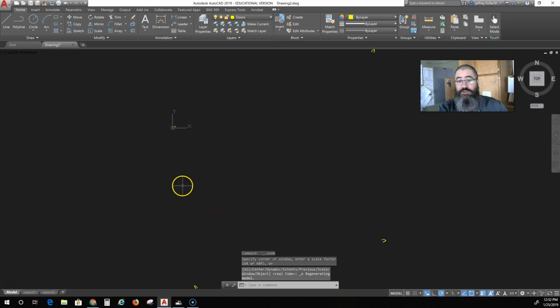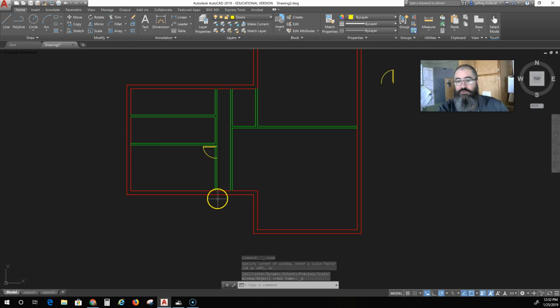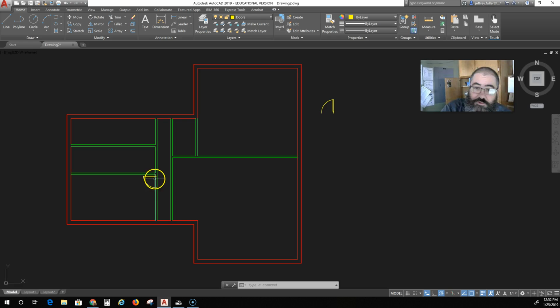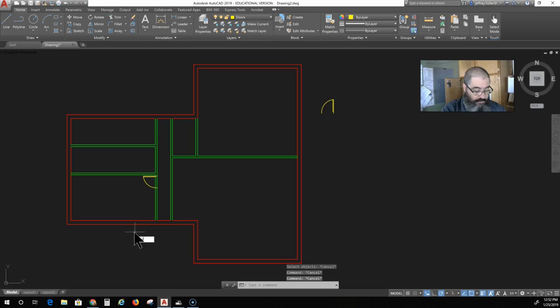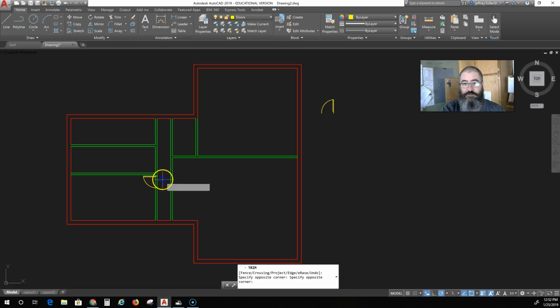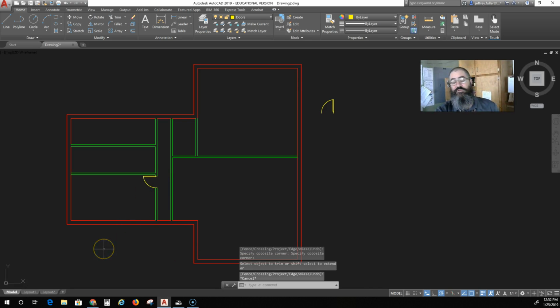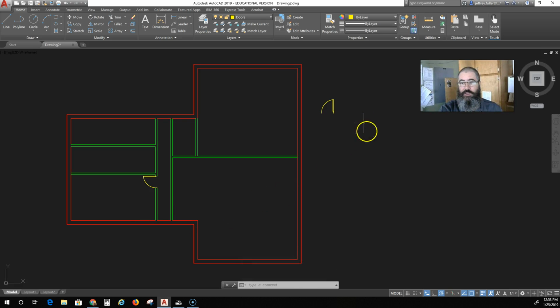Now that door is where it needs to be. I've got some other doors riding out there somewhere. So that door is where it needs to be. It's 4 inches off the wall, 32 inches wide. I'm going to do some trimming to it and trim this space out right here. Whoops, I didn't do that right. Trim, enter, select all, enter. And there we go. So now we have a door. I'll do all my doors just like that, and I'll create blocks for all of the various sizes that